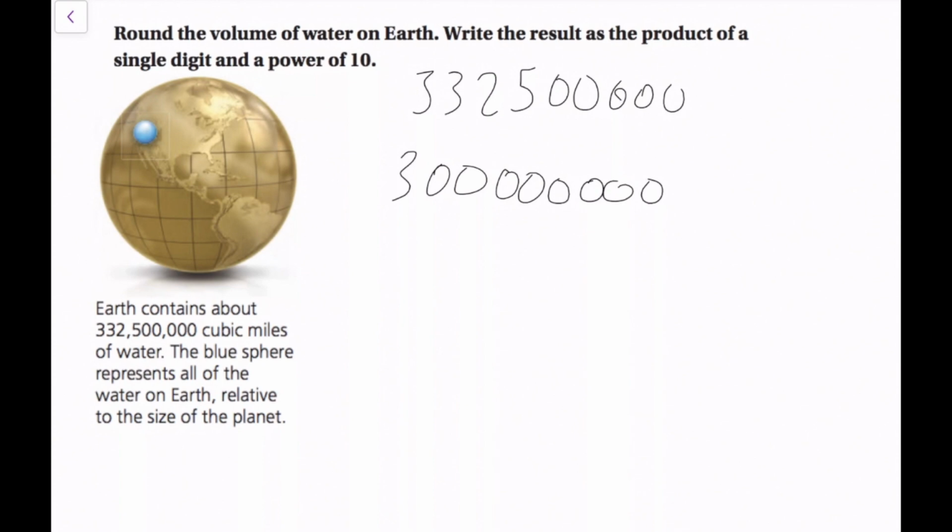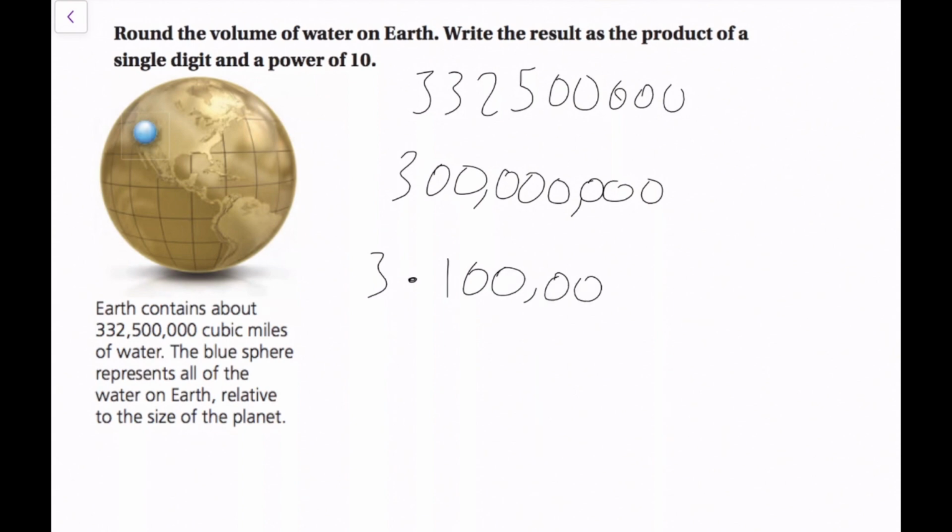Okay, now I'll put the commas in for now, just to make this look a little nicer. So anyway, now this number rounded to one non-zero digit is just going to be 3 and then a bunch of zeros at the end. So these zeros are placeholders. Okay, and what I can do is break this up one more time into 3 times